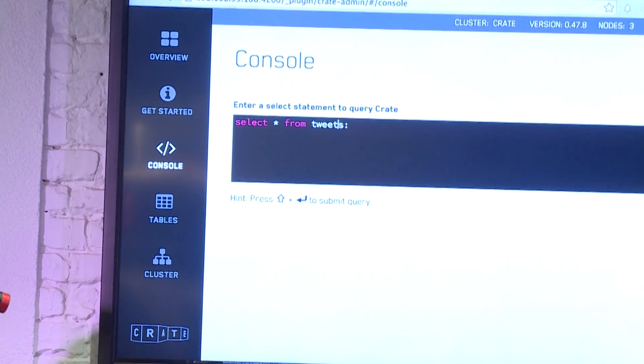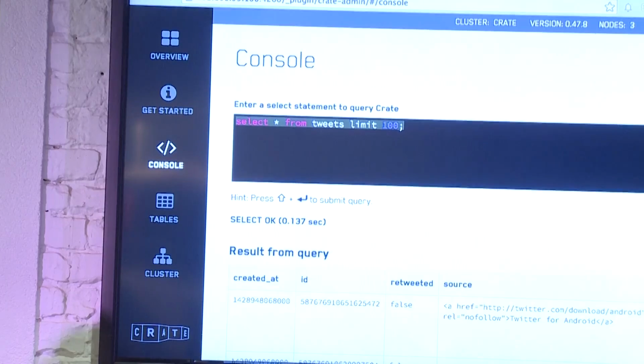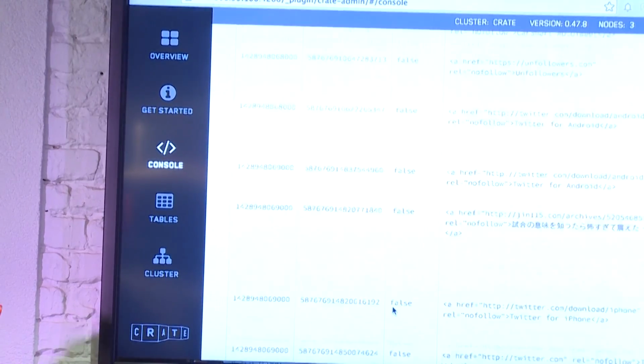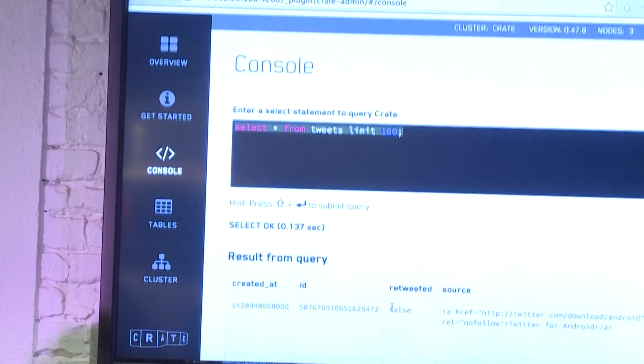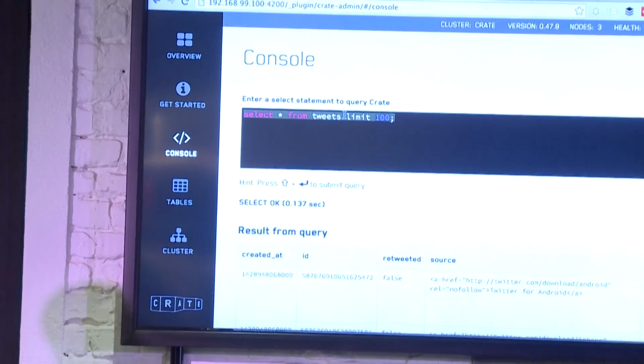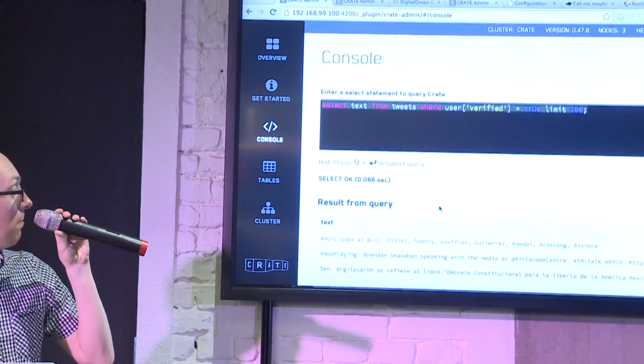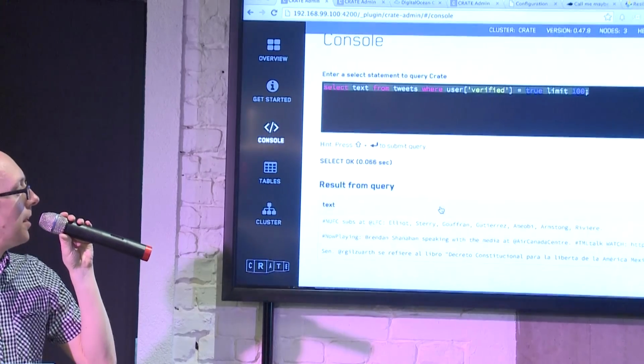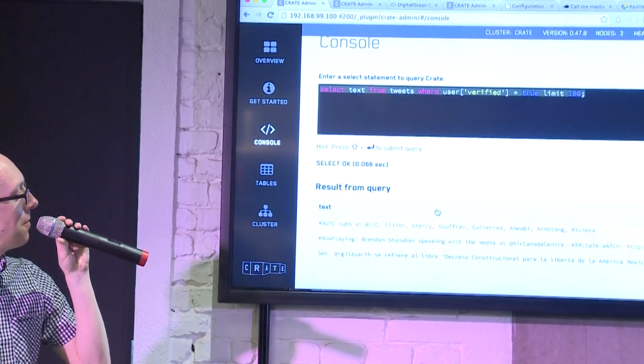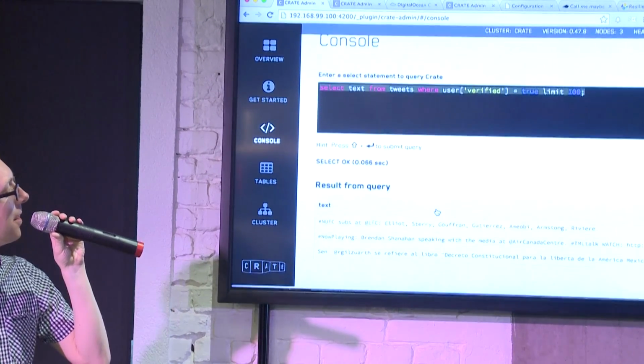Oops. Typing backwards is quite difficult. There we go. And as you would expect there, we get just a list of all the latest tweets pulled in. So let's try something slightly different. Again, not much going on there, but shows you how few Twitter users are verified, which is something, a whole other discussion.